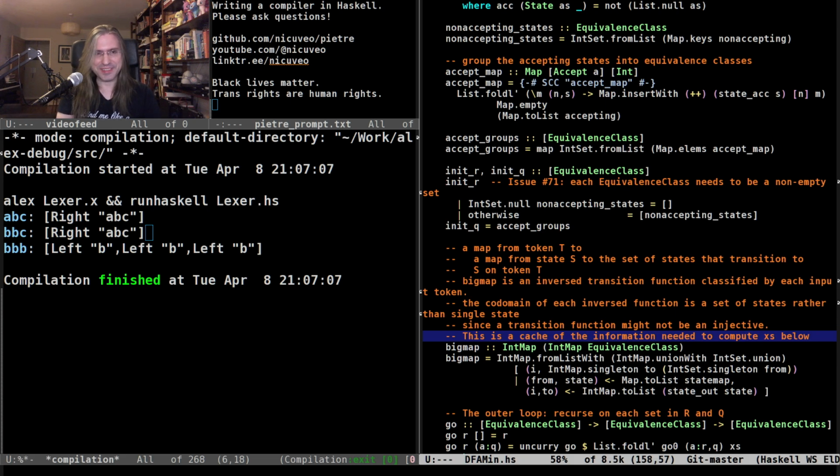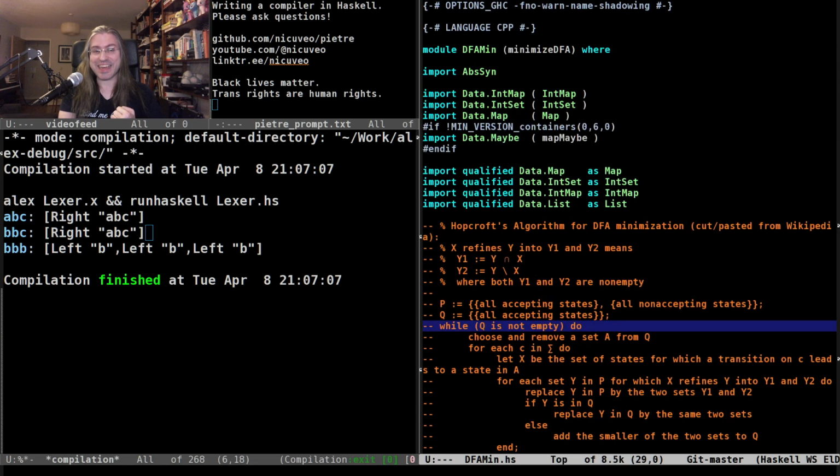But when I run it, I could replicate the bug where at the end, those two states that are supposed to be different are considered the same. The problem was in the comment here. And I don't know if the person who copy-pasted it from Wikipedia got it wrong, or if Wikipedia was wrong. If it's any indication, the French Wikipedia page for the algorithm is slightly wrong.